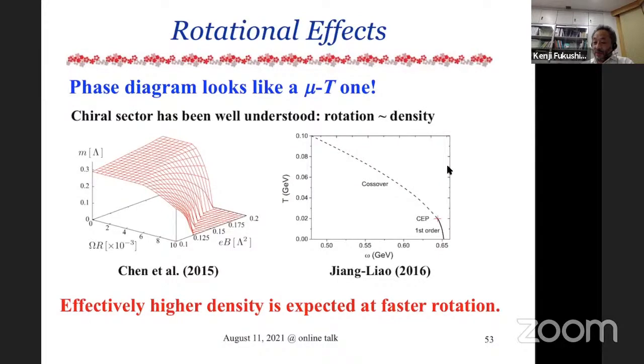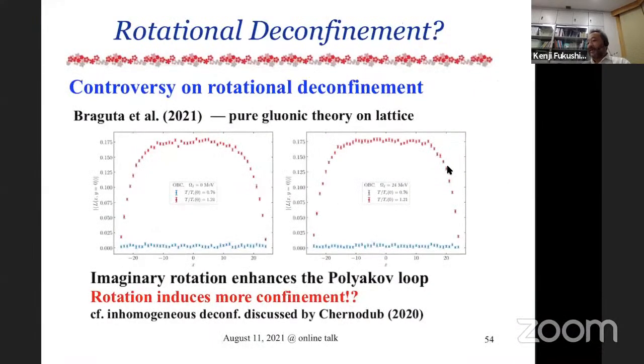And in this way, actually, if you consider, for example, the chiral condensate as a function of the rotation velocity, this omega is actually nothing but the small omega. The notation is a bit different, but then you see the melting behavior of the chiral condensate as the rotation velocity becomes larger and larger. Okay, so the chiral phase transition is expected, but what is very, very non-trivial is what happens in the deconfinement sector. Okay, so Victor Braguta actually reported the Lattice QCD simulation.